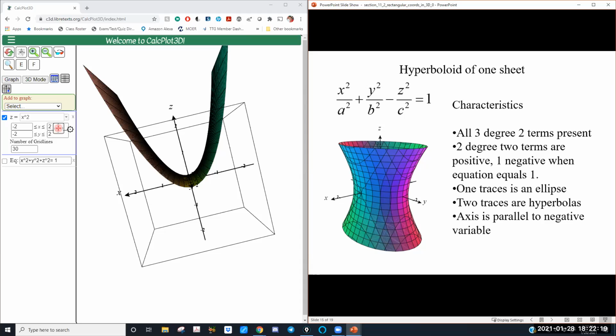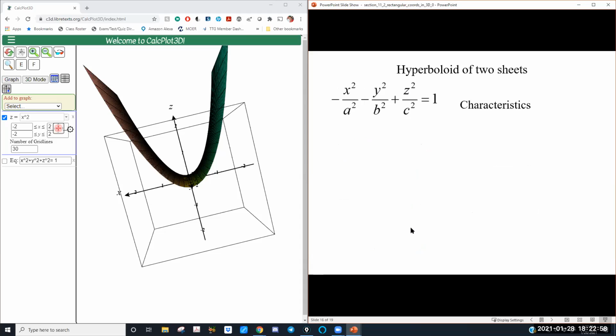Guys, I can't emphasize enough, please don't feel like you have to memorize all this stuff. I am never going to ask you what the characteristics of a hyperboloid are. What I might do is ask you to match a function with a 3D graph. That's about as far as this would go. So what you want to be able to do is look at traces. You zero out one variable. If I zero out the z, I get x squared over a squared plus y squared over b squared equals 1. That's an ellipse. So I would expect to see an ellipse in the xy plane. That's what I want you to take away from this, not that you have to memorize these characteristics.